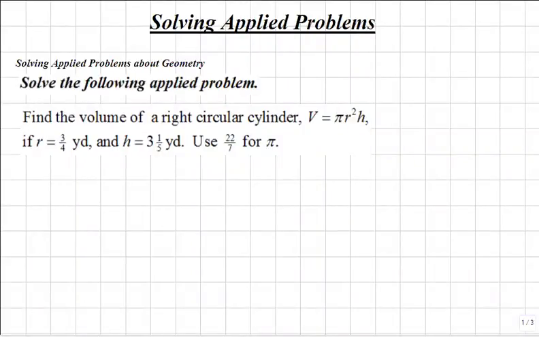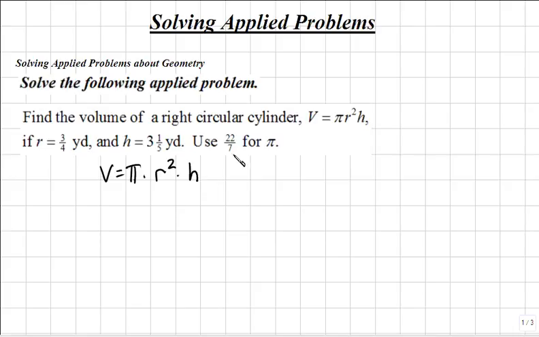Let's find the volume of a right circular cylinder using the formula V equals pi times r squared times h. If r equals 3/4 yards and h equals 3 1/5 yards, we'll use 22/7 for pi. So, to find the volume of the cylinder, we'll use our formula V equals pi times the radius squared times